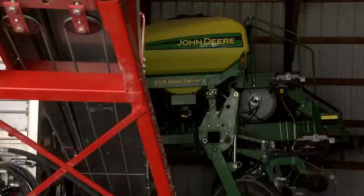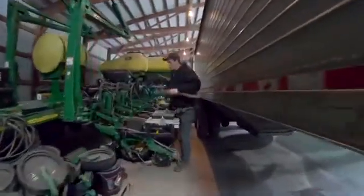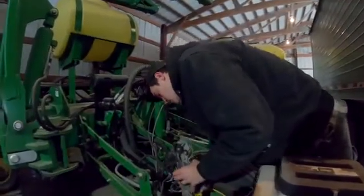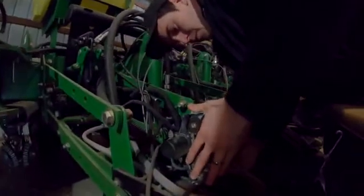And so this would be the corn planter. While the Orrs will begin to haul their crop from the previous harvest season, they're preparing for the 2021 planting season. Clint's son, Corbin, has been getting the equipment ready. Once they plant their crop in the spring, there's a lot of spraying and scouting,